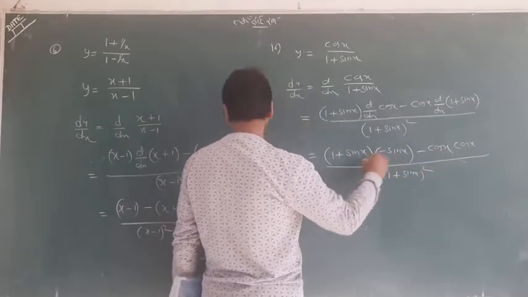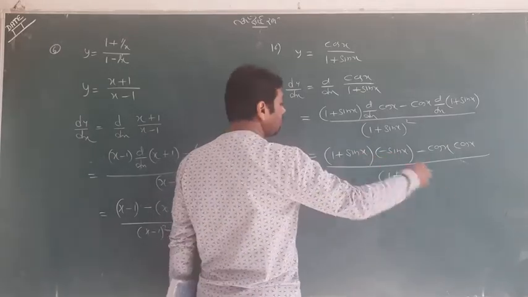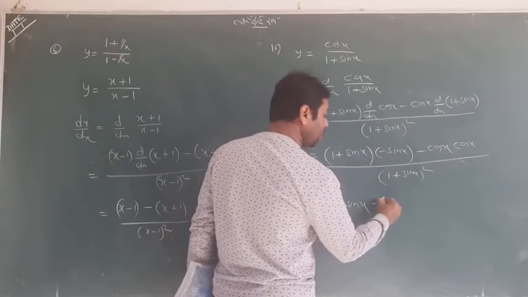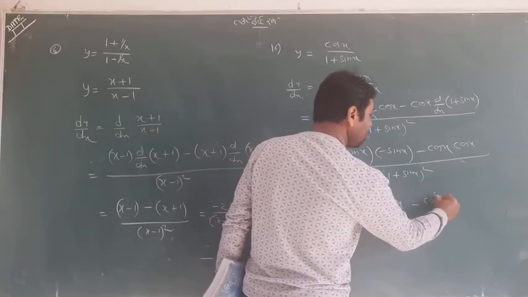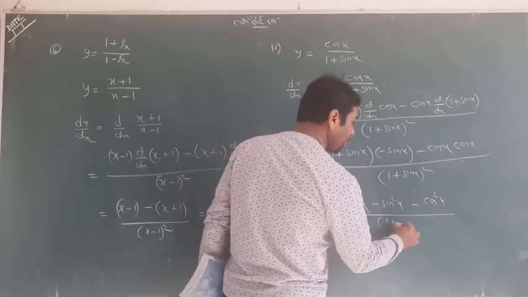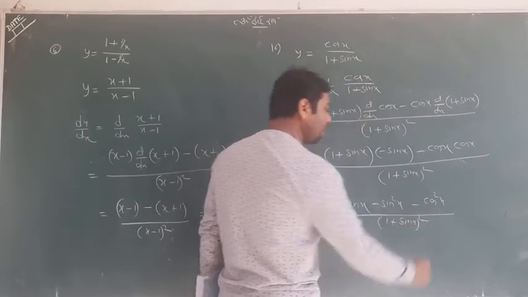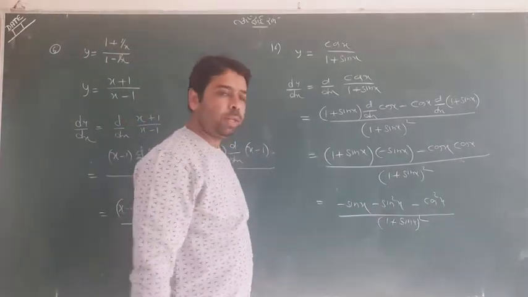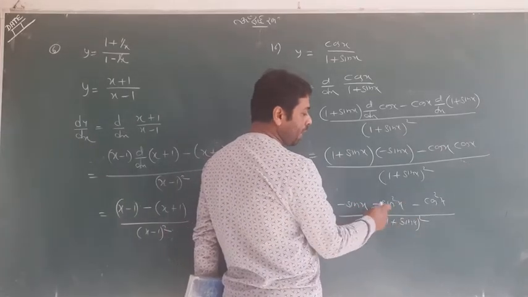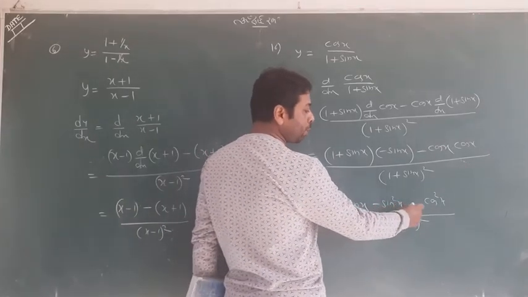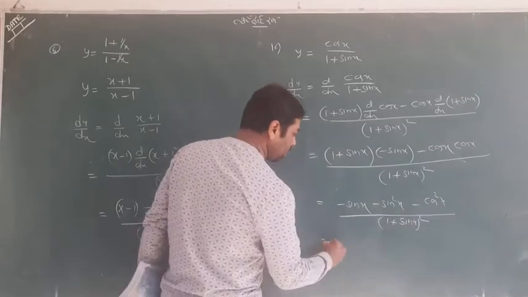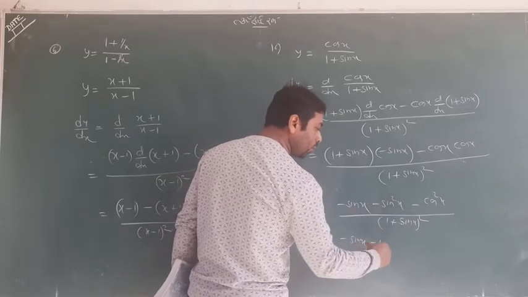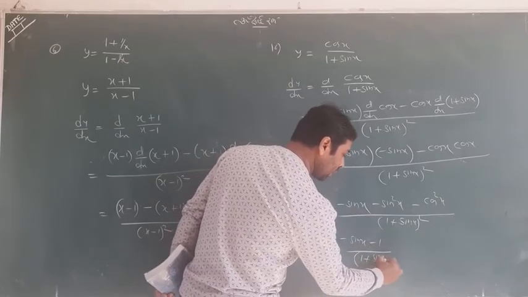Afterward we can multiply these. 1 into minus sin x is minus sin x. These two will be minus sin square x and these two will be minus cos square x, and in denominator we are having the same term. Now one step I want to do direct, which you can understand very well: that is a minus and minus. I will take minus common. We'll have sin square x plus cos square x, which is 1. So last answer, I want to write: minus, I'll take common, the rest is 1, and 1 plus sin x whole square.